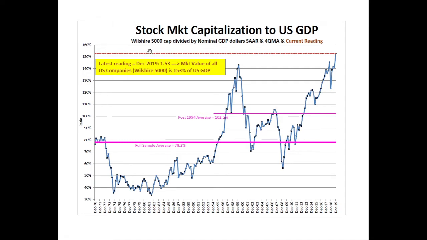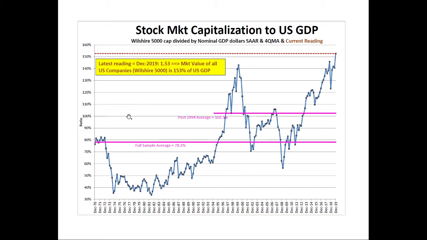The reason we're going to use the Wilshire 5000 for this one and not the S&P 500 is that when this relative value measure was first created or first presented, it was presented by Warren Buffett. He presented it sometime in the late 70s, early 80s. And at that time, the Wilshire 5000 was the broadest measure of value of the U.S. equity markets. So, who's going to disagree with Warren Buffett? So he used it, and everyone has used it since then. And we're going to continue here.